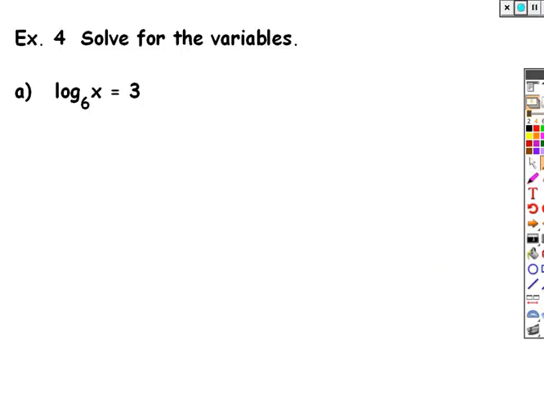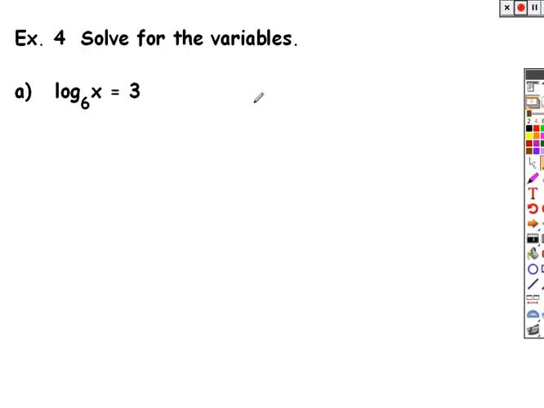Now I actually have an equation where we want to solve for one part. So maybe I'd ask you to find the base or the argument or the exponent. In this case, I want to know what the argument is. So I've given you a logarithmic equation. It would be useful to rewrite this as an exponential equation. So log base 6 of x equals 3